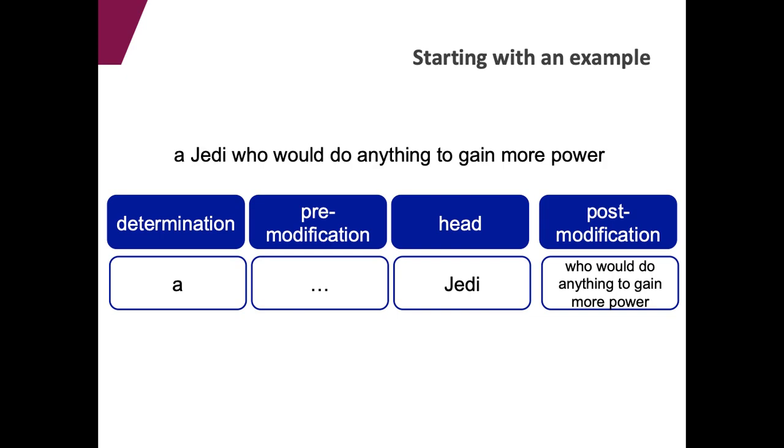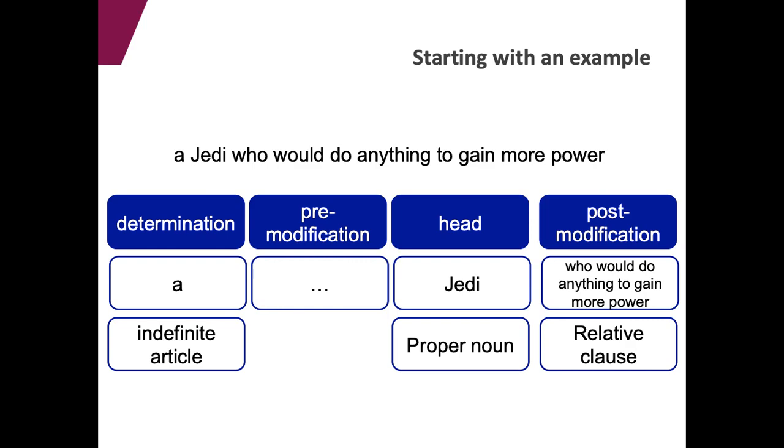a line that gives the category each word or group of words belong to. So remember, a is the indefinite article. You need to be very precise. Jedi is actually a proper noun. It's a made-up noun, but it's a proper noun. And of course, the post-modification is a relative clause. Okay? So this is what we're going to study, and we'll dig a little deeper than last time, in last